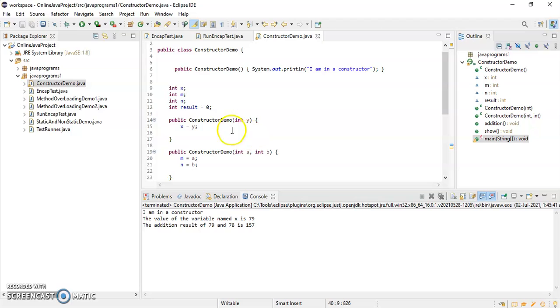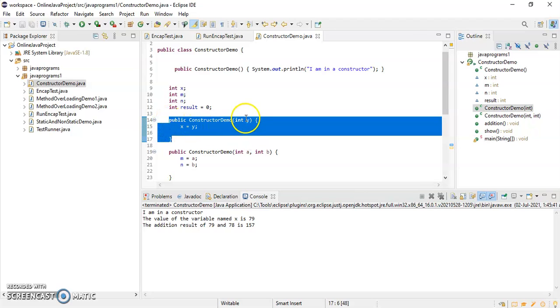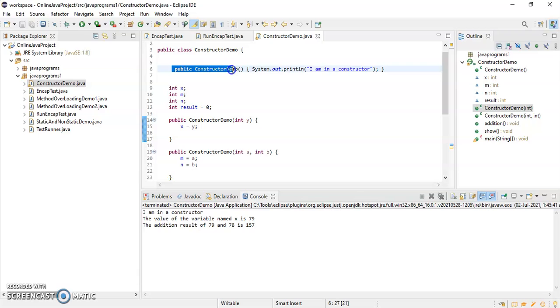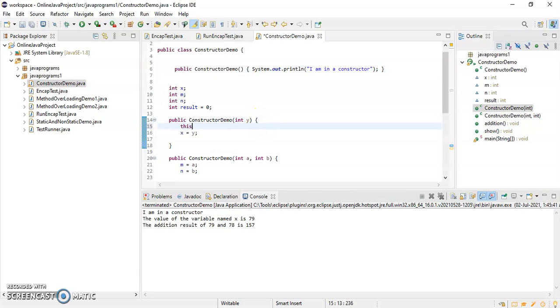This is a constructor which has one parameter, a parameterized constructor. From this parameterized constructor, I can call the default constructor. How? I just have to write this. But always remember, if you are calling a constructor using this, that should be the first statement.